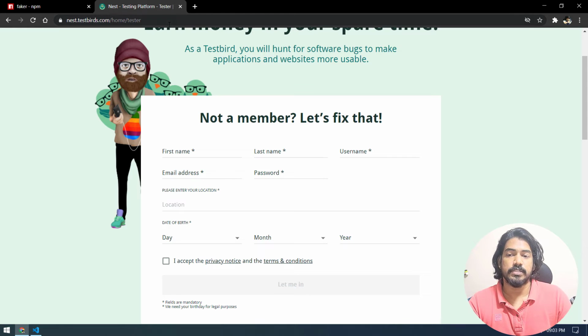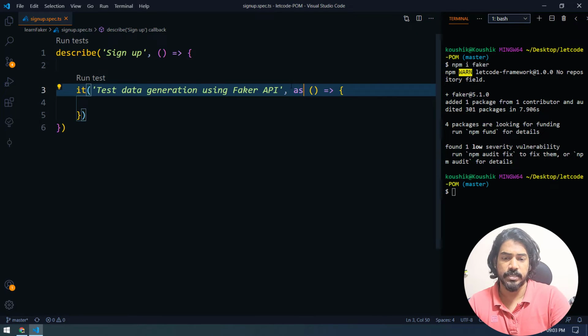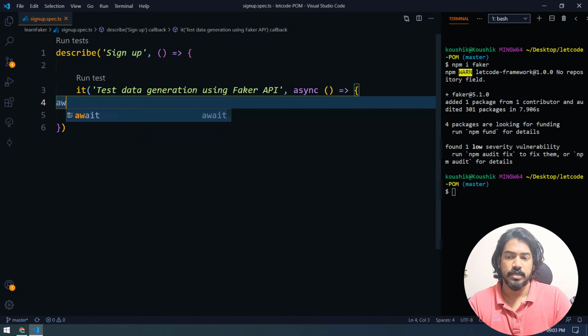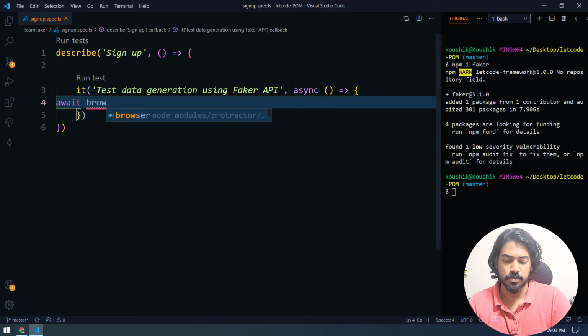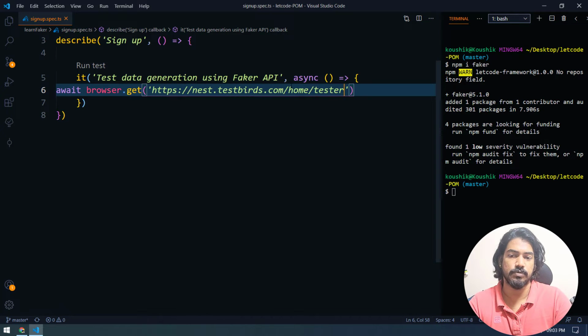Okay, so let's copy this one first, and as usual, everything should be async and await. We'll load our browser first. So browser dot get, and within this the URL.